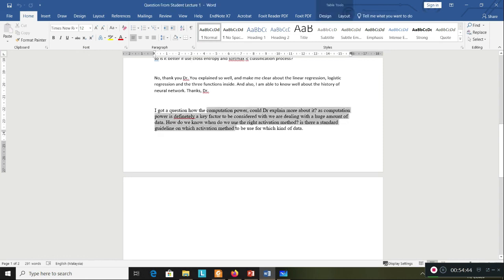Okay, this one is about activation. The activation function we will discuss later, because we don't cover that yet. That is too advanced. We have not started the neural network flow or the neural network mechanism itself, I just explained the history of neural networks. I need to explain that first before we can explain the types of activation function. But since someone has asked about this, I will try